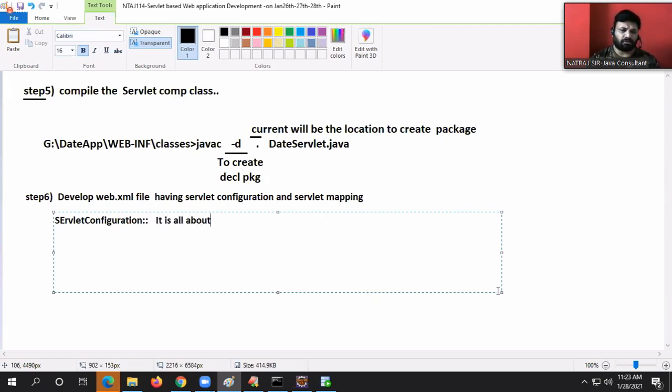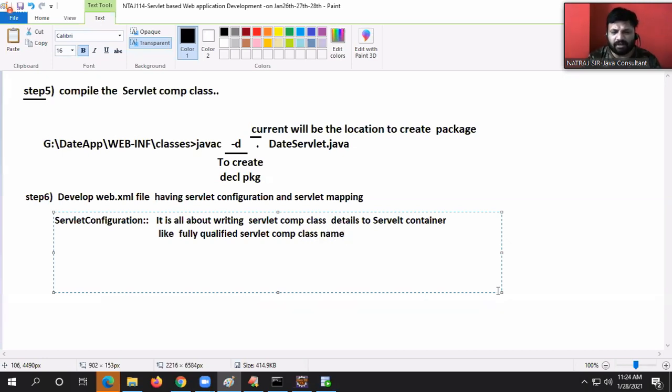It is all about writing. It is all about writing servlet component class details to the servlet container, like the fully qualified servlet component class name.